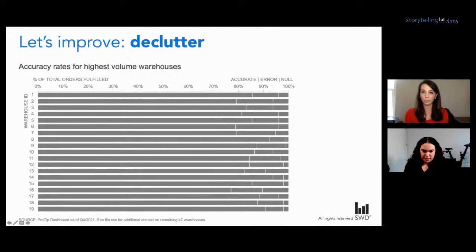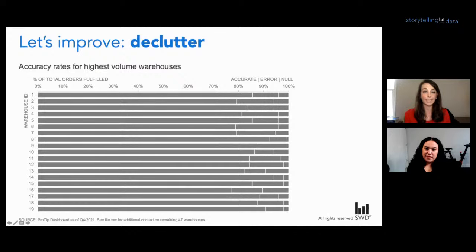So again, not really sure why that cuts off at 19, but a little bit more context compared to the original. Then I could use that footnote down at the bottom to go into further detail about where the data source came from, or where the data came from. And if you want more information on the remaining warehouses, where to actually find it. So not leaving it up to my audience to guess about why we're only showing a subset of data.